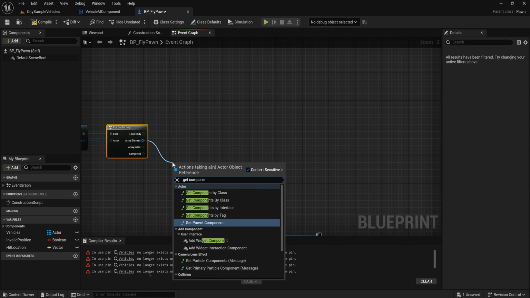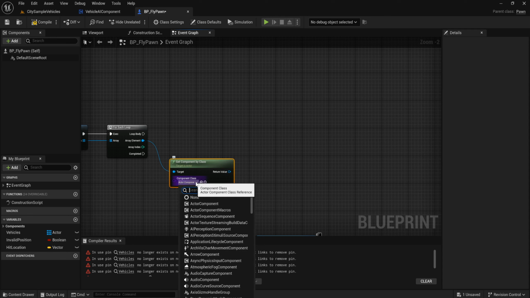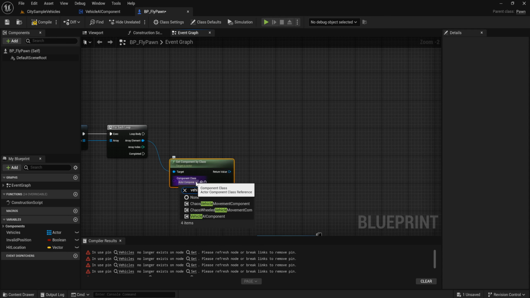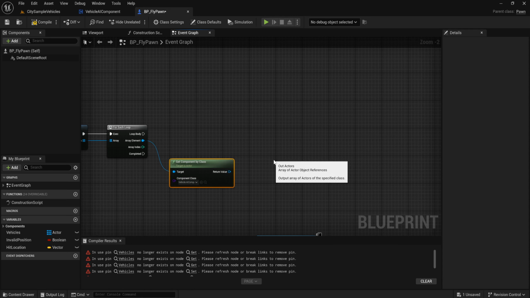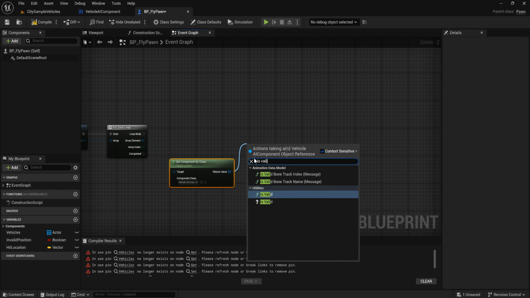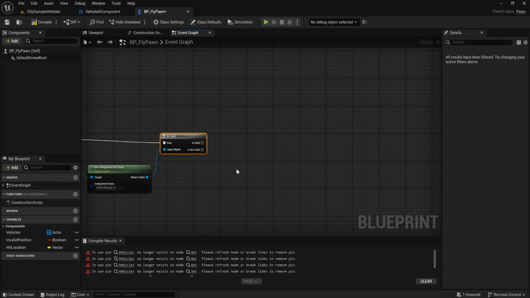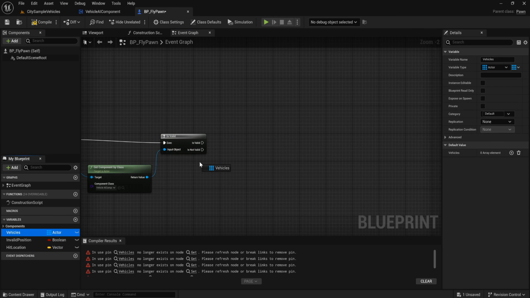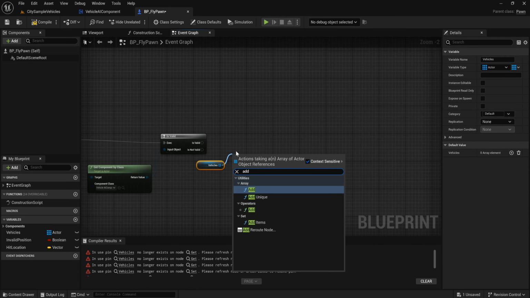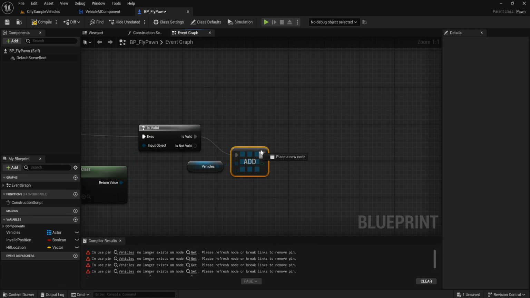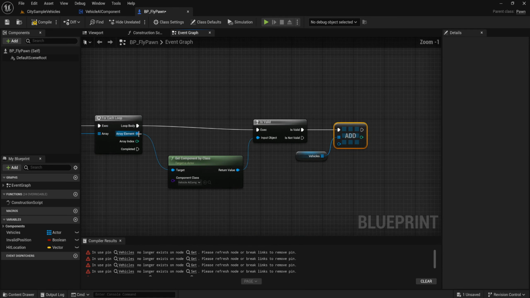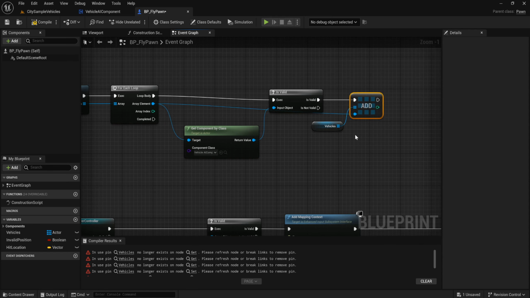Get component by class. The component is vehicle AI component. So check if there is a vehicle AI component in your actor, is valid. If it is valid, we add to vehicles array. And when we complete,